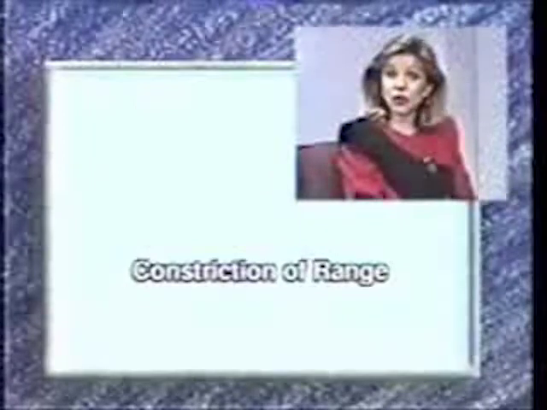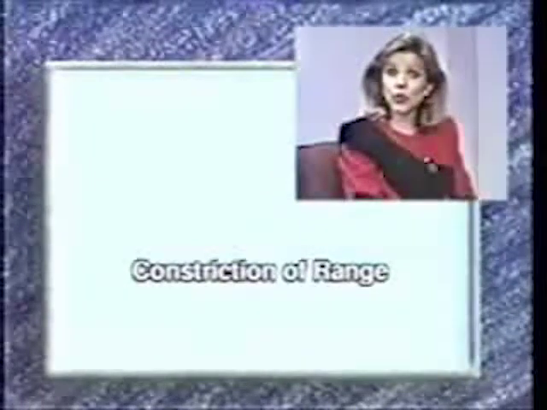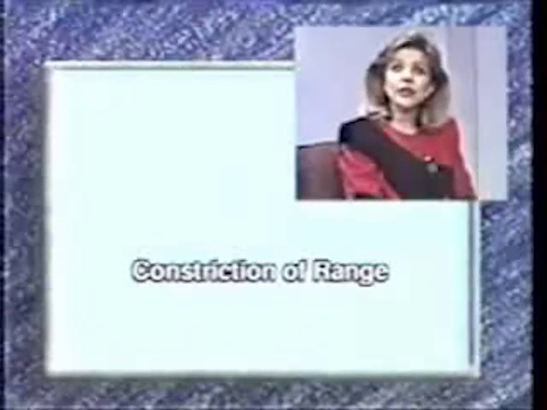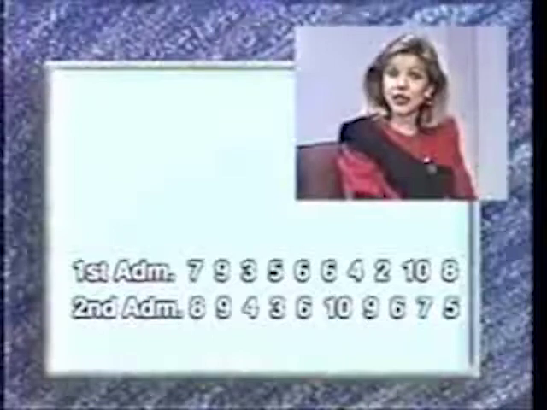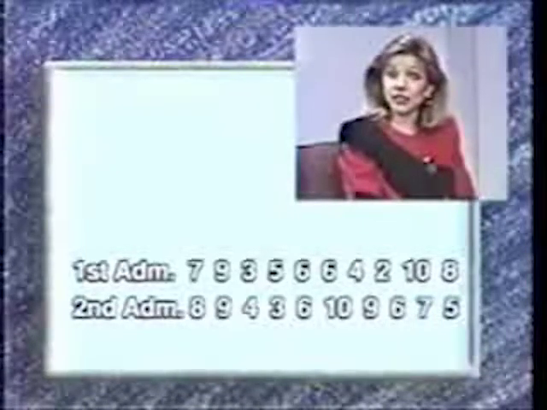However, it is possible that the group tested in this example had a constriction of range. This means that the highest score and the lowest score were closer together than the scores you might expect to find in the target population for this test. Here are the scores plotted in this example. You can see that the lowest score is 2 and the highest score is 10. The range for our group is 8. If in the target population, you might expect to find a range of 50, that is, scores ranging from 0 to 50, the chart might look much different. Take a look.